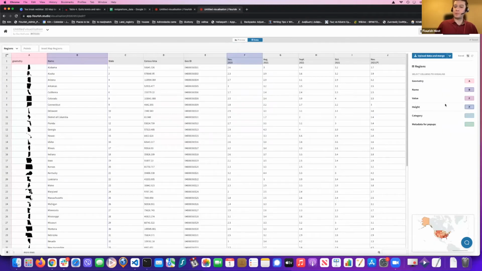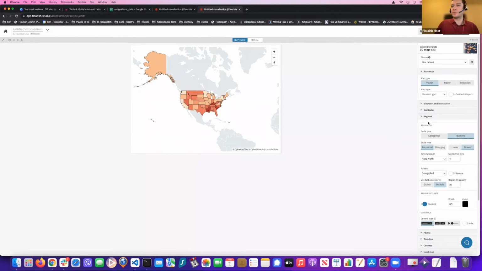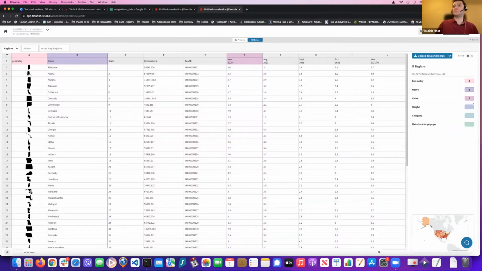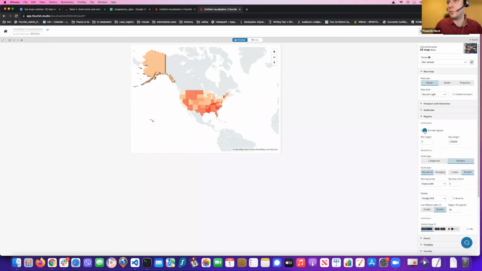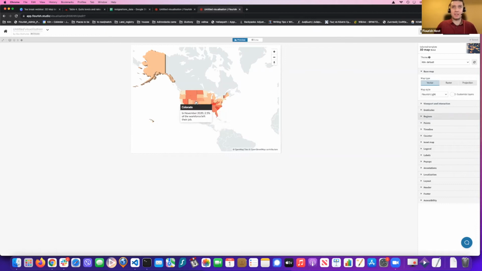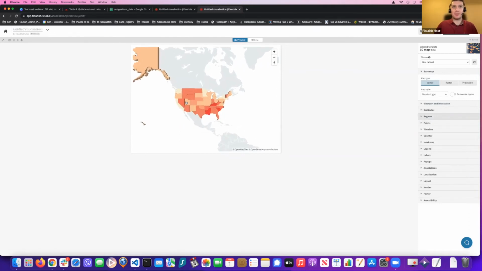If we remove it and go back, our extrusion feature is gone. So always remember: data binding first and then options. We enable our extrusion. Here we can set the minimum and maximum height,